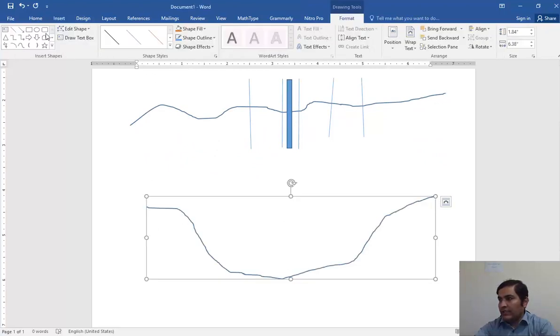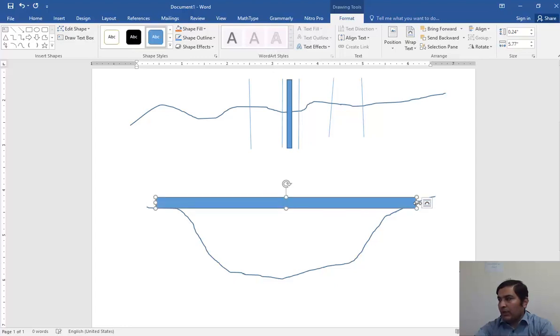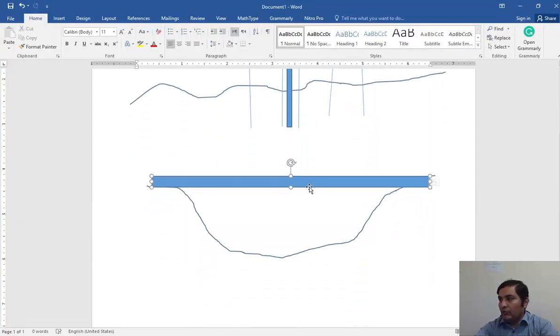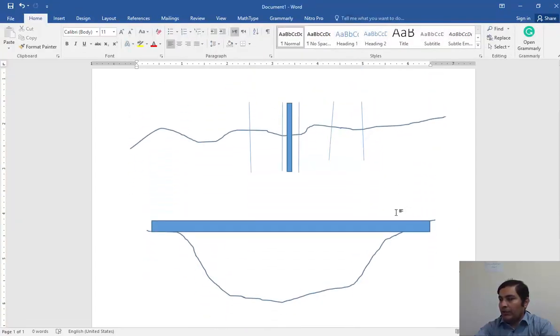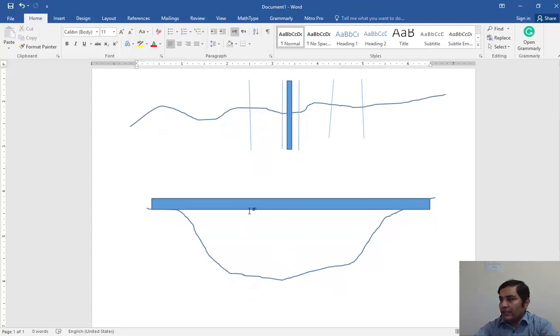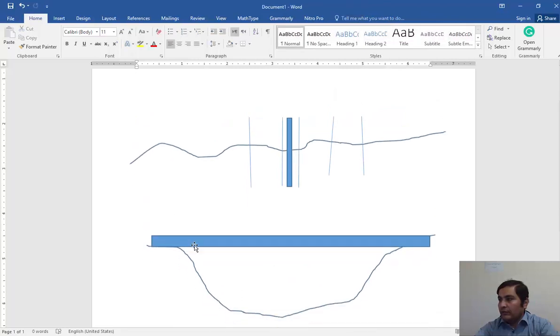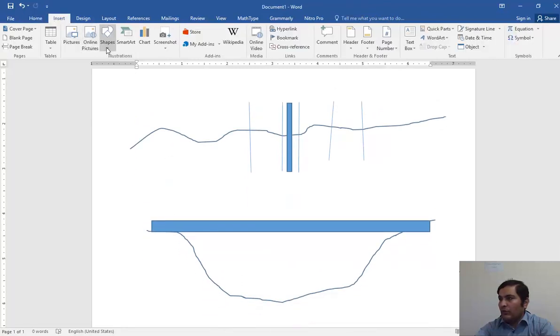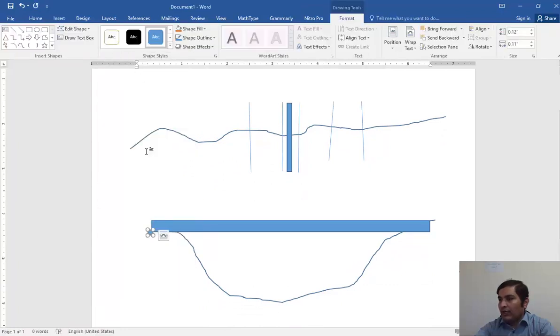Assume this is a cross section and we want to model a bridge in this section. First of all, you should model or define your deck or roadway. This is the roadway and the people are crossing over that. This is the road or the roadway. The roadway has 4 points. Point 1, point 2,